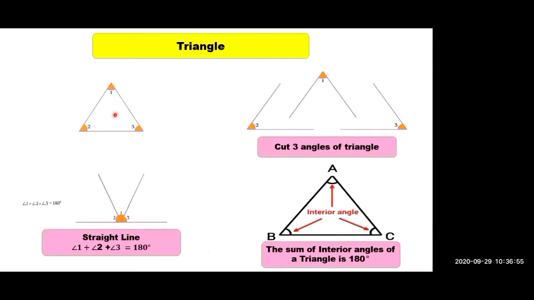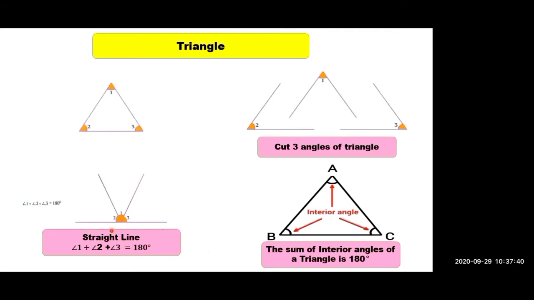This is a triangle. If we cut the 3 angles of the triangle like this, and join all the three angles one by one as shown here. Okay, जैसे इस फिगर में दिखाया गया है ऐसे ज्वाइन करेंगे. How are the three angles formed? They are formed in a straight line. Yes. These angles are in a linear pair, straight line. Okay. So what is the angle measure of a straight line?